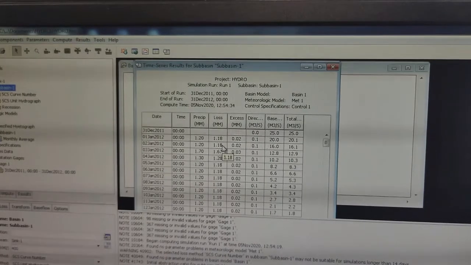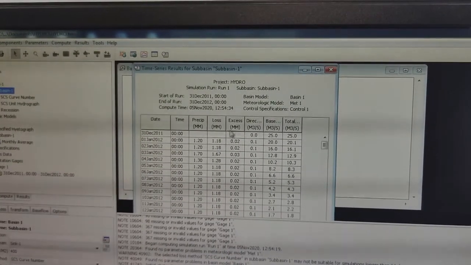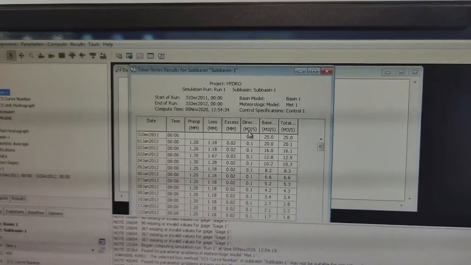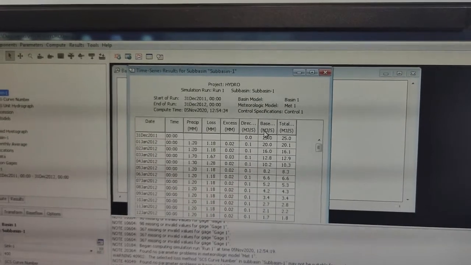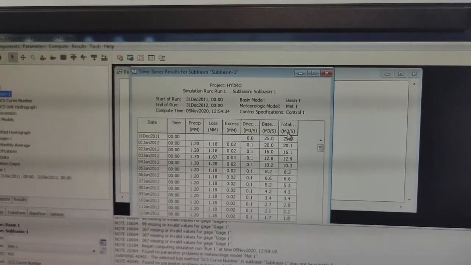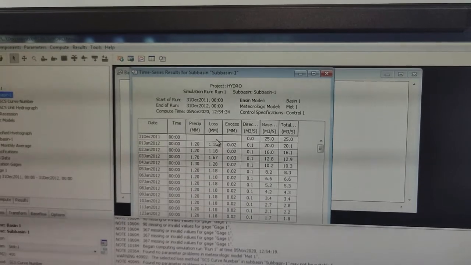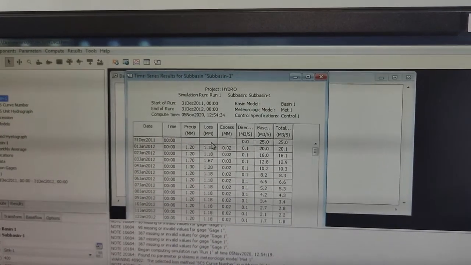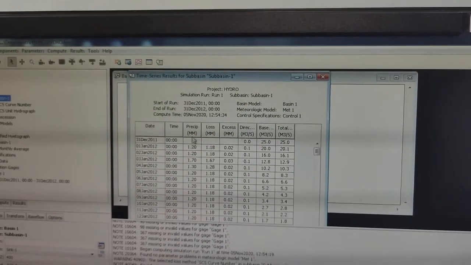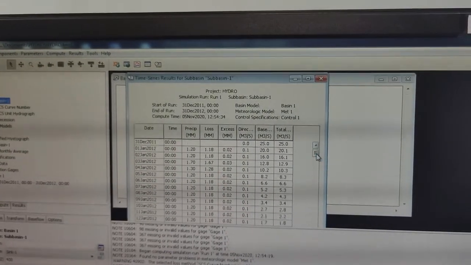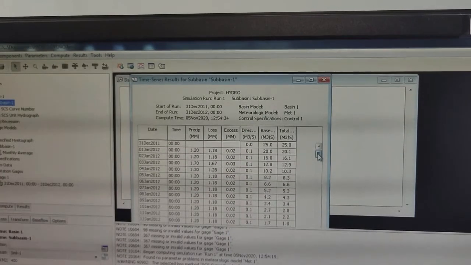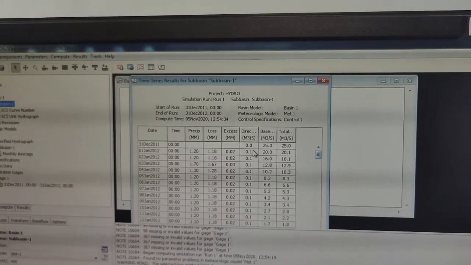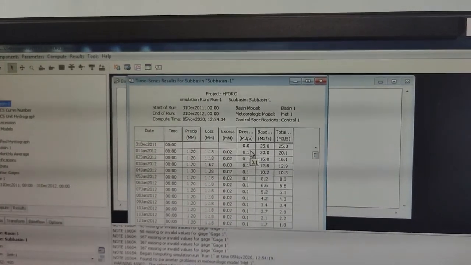You have to make graphs based on the direct flow and the time, direct flow versus time, base flow versus time, total flow versus time, excess, and loss with respect to time. As we have obtained the data, you can copy it in the Excel sheet and you can perform graphical activities.